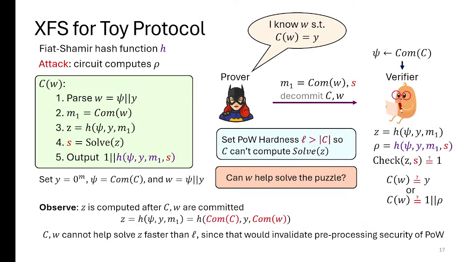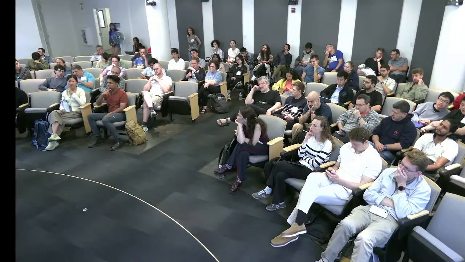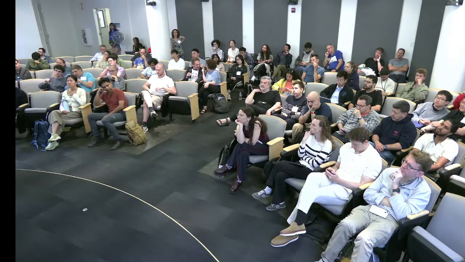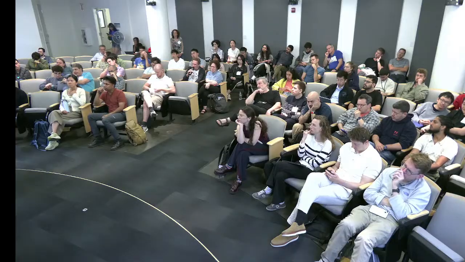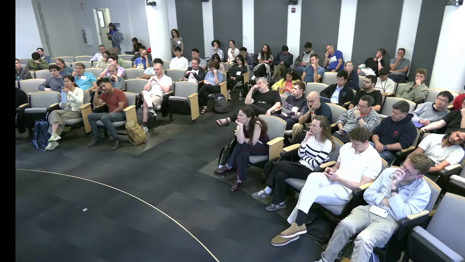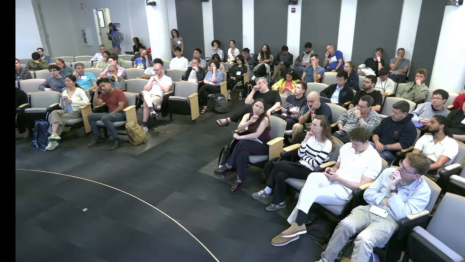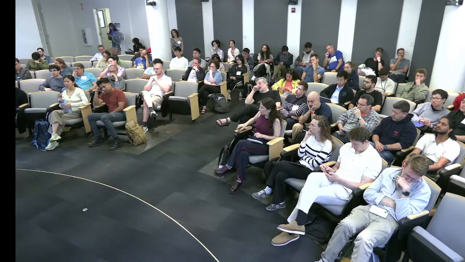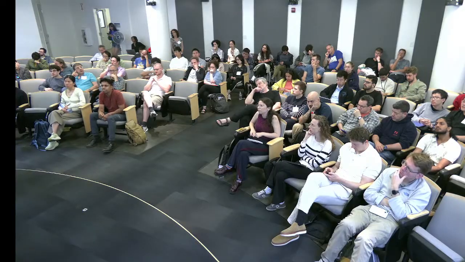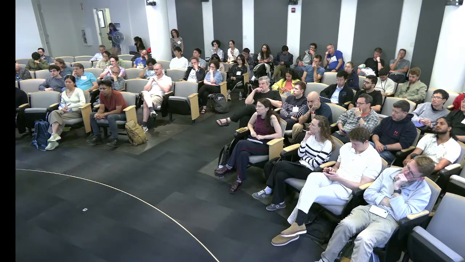So, just to understand how this toy protocol connects to the attack in ARS, instead of this decommit C step, the rest is you run GKR. So this decommit C is actually run GKR. Yeah, so that's what I meant by, if you believe GKR is secure, then what is GKR doing? It's running the circuit step by step, and then just checking the output. So if you believe that there's no attack in that place, then this becomes the same protocol. But this is very hand-wavy and not a formal statement.